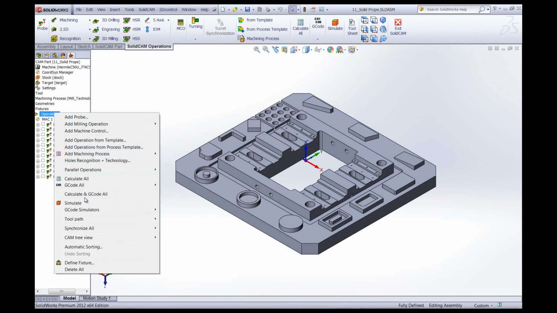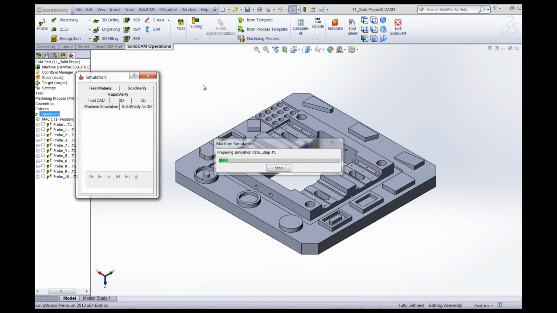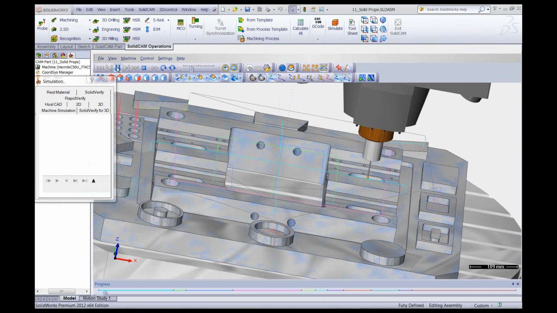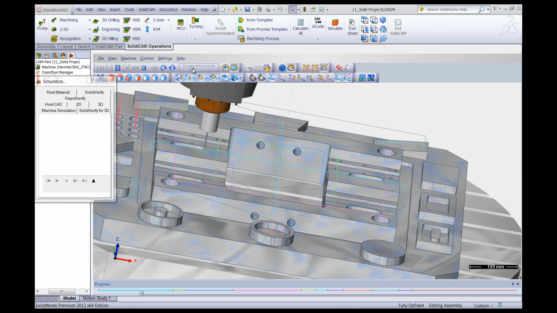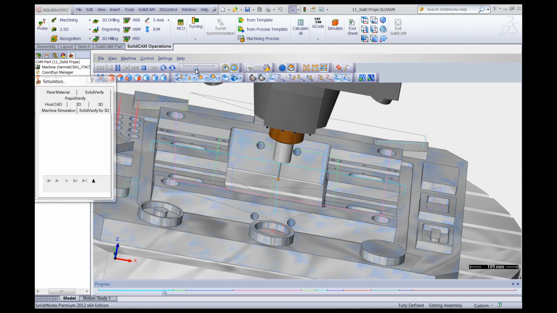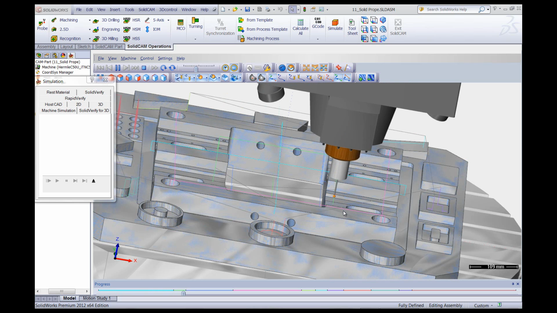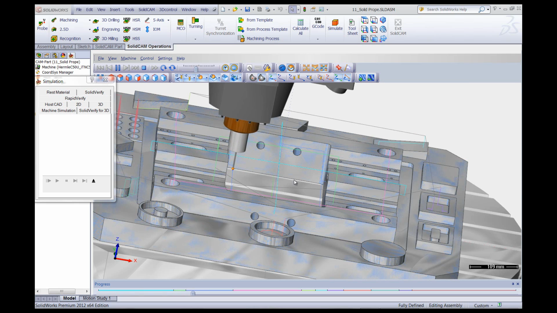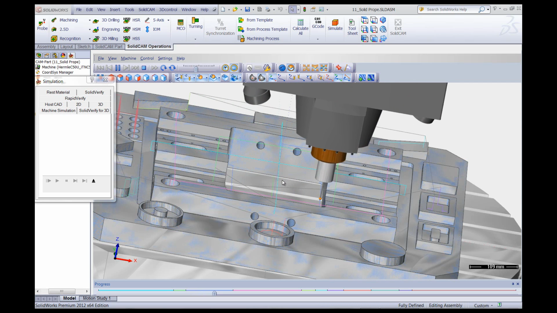Now, let's take a look at the entire simulation using the machine simulation option. As you see, the simulation goes to each end of the part exactly. Now we're doing the entire part. Right now we're first doing the outside of the part itself as we started out. Let's do this now a little faster and let it run its course. As you see, it's finishing this side over here, and now it's doing those floor surfaces that we had before. Now it moved on to the inside box over here,